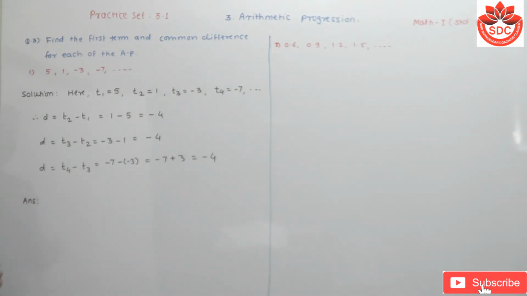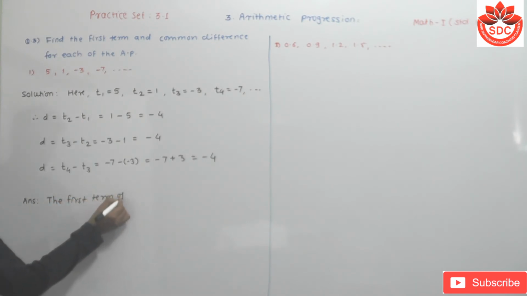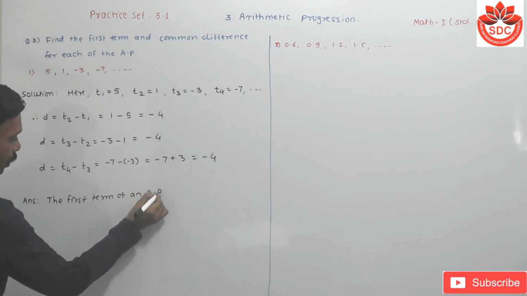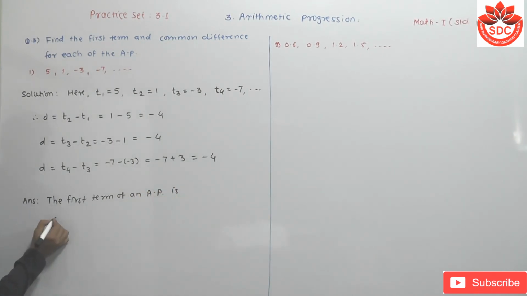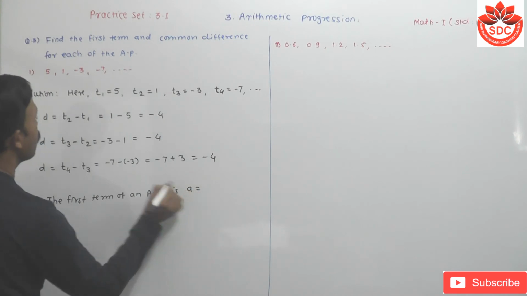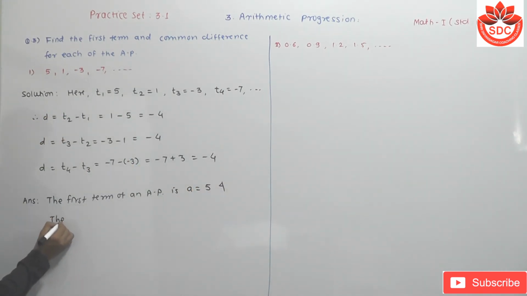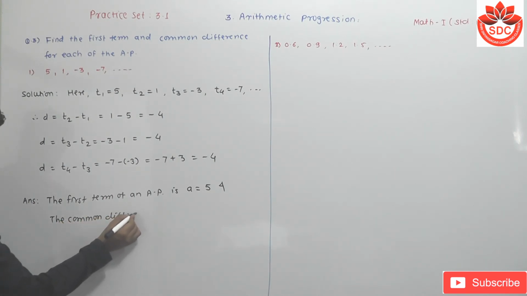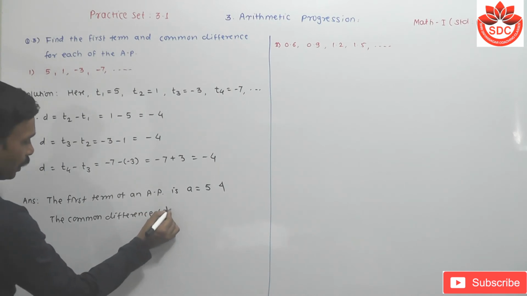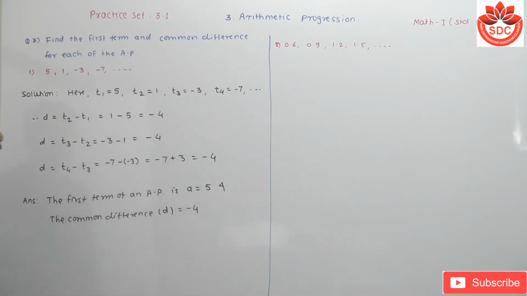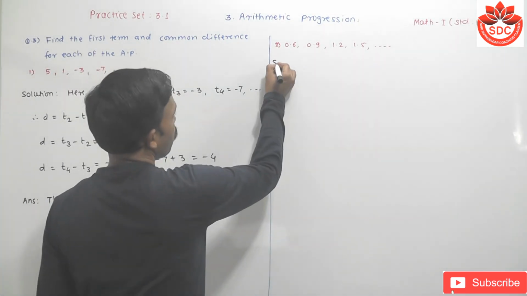Answer: here the first term of an AP is A equal to T1, that means 5, and the common difference D is equal to how much? Minus 4. So simple one. Again, take the next question. Its solution is,